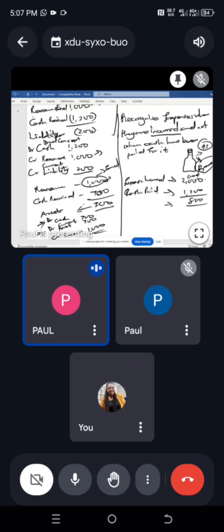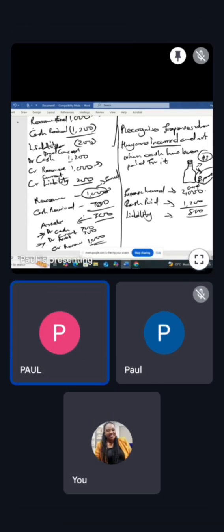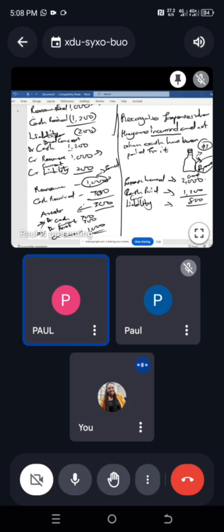What does this difference of 800 mean? Cash paid. There's been an underpayment. So this underpayment, what does it mean? It means you have to top up, isn't it? Yes. So it becomes a liability on you, isn't it? And it's a current liability. Yes. So it means that the double entry is that you debit your expense